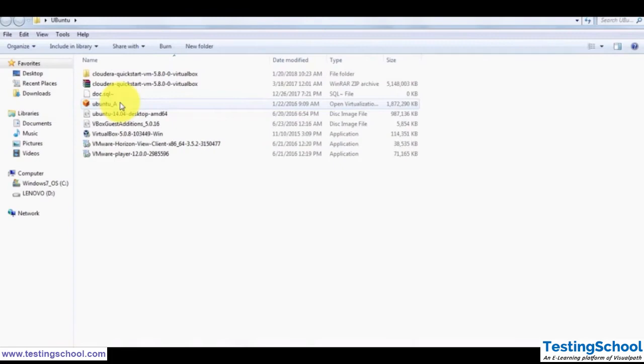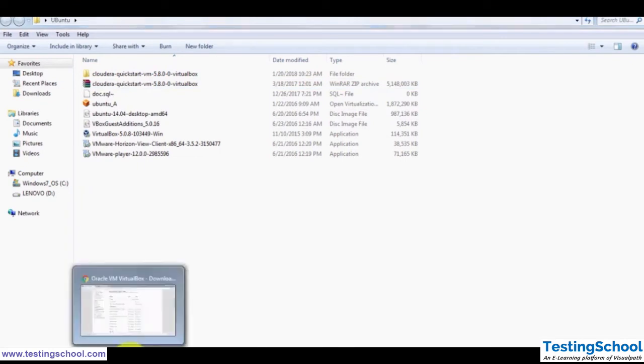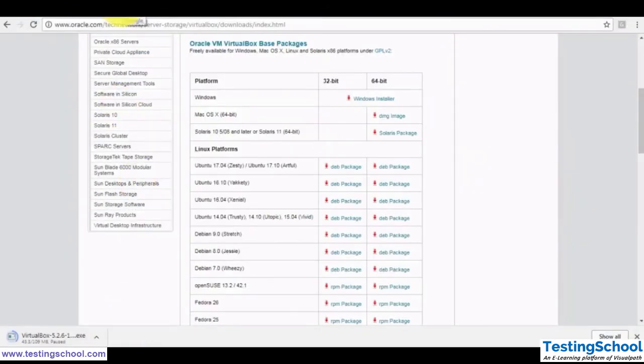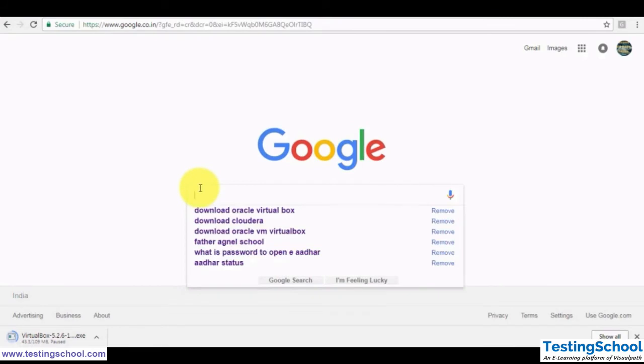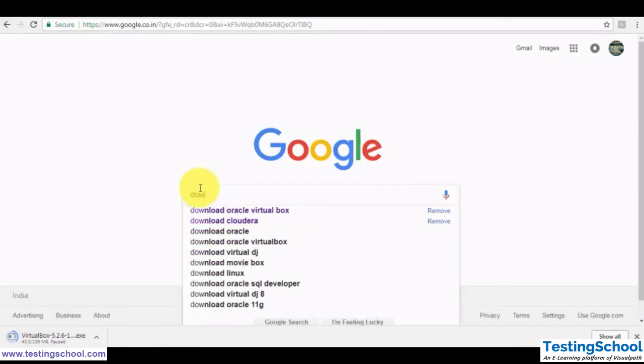Here in my software folder, I have VirtualBox. Like this, you will get the VirtualBox exe file, and then you need the setup for your second installer, that is Cloudera. I have already downloaded that also, but let me show you how you can download it. So I'm moving to the web again, in my second URL, let me open download